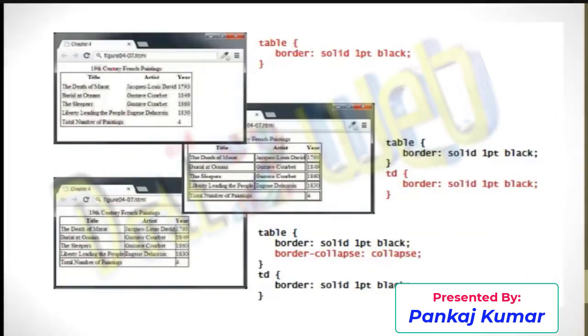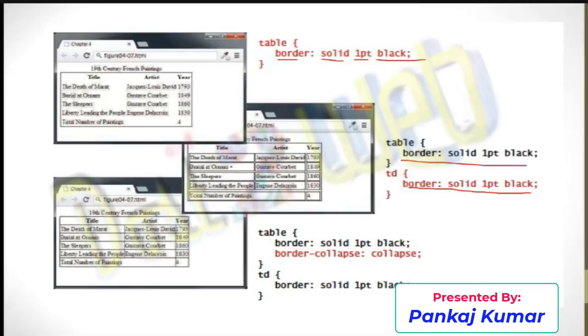You can see the example here, right? I'm using the same, but what I have done in CSS, I'm using border, and I gave solid, the same syntax we have used earlier. So a solid line will be there outside, 1 point width, and the color will be black. If you want some different way, you can see here the table, same thing. Now inside the table we have the table data, right? I want the table data also to have some border. Then you can define it like this.